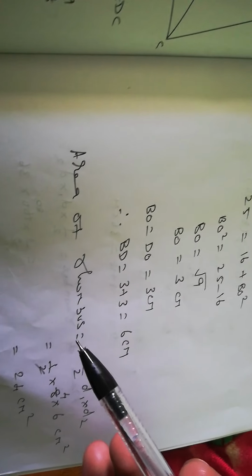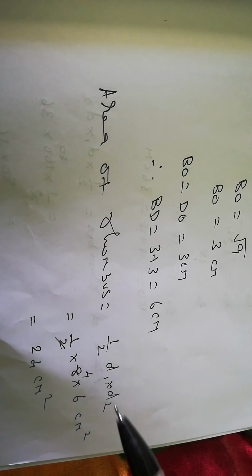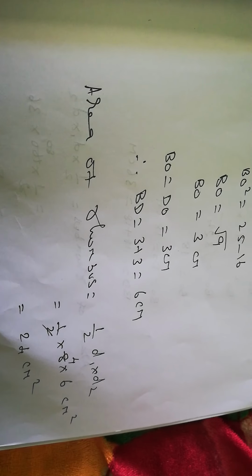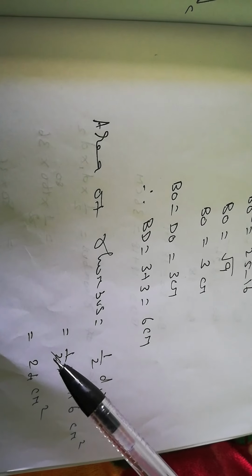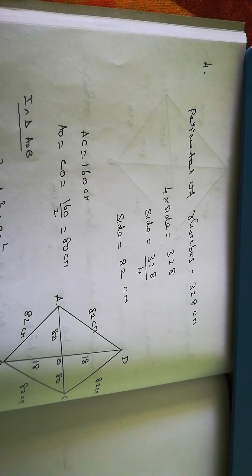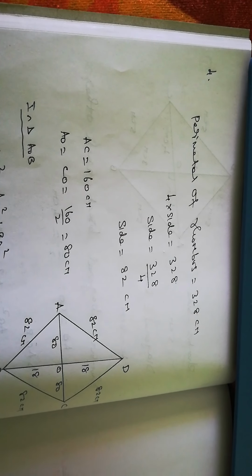Now we are going to find area of rhombus. Area of rhombus formula half diagonal 1 into diagonal 2. So half into diagonal, already we know diagonal is 8 centimeter, the first one. Diagonal 1 is 8 centimeter, diagonal 2 is 6 centimeter. You got it, 4 6s are 24 centimeters square. And next question number 4 is similar to the last question.